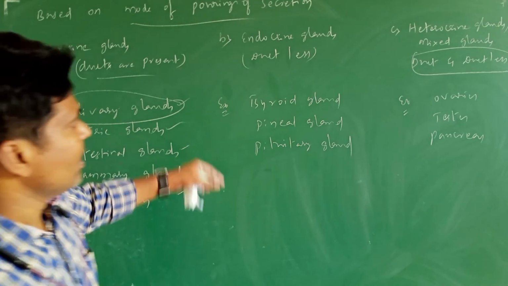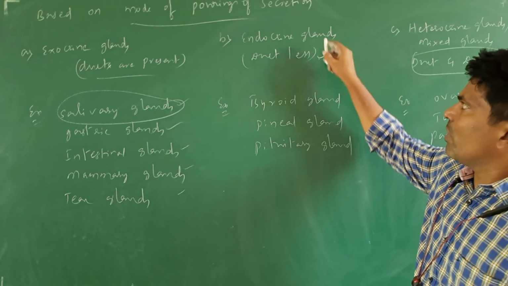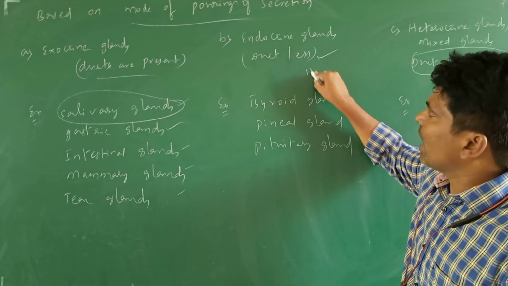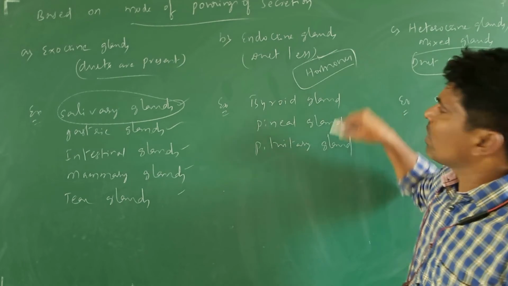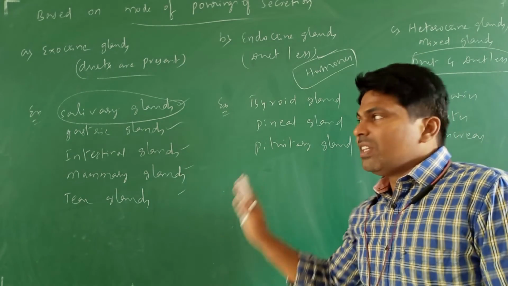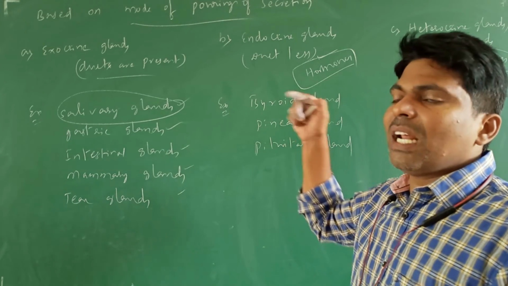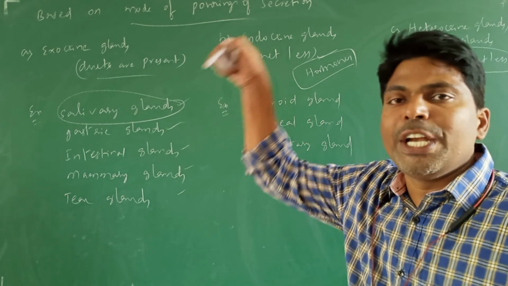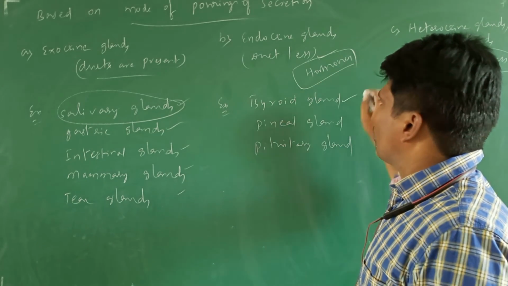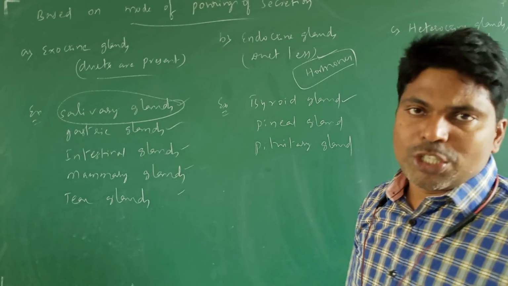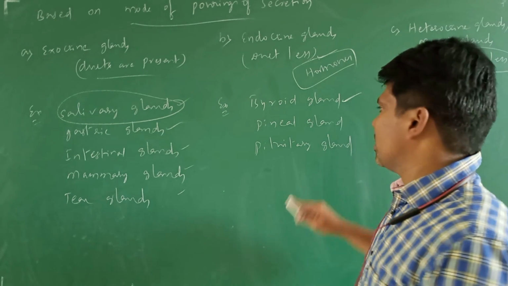And here is the thyroid. This one is endocrine. Endocrine glands release hormones directly into the bloodstream. These do not have any sort of ducts. The gland secretes its secretion directly into the bloodstream, and through the bloodstream it reaches the target tissue. From the thyroid gland, thyroid hormones are released.